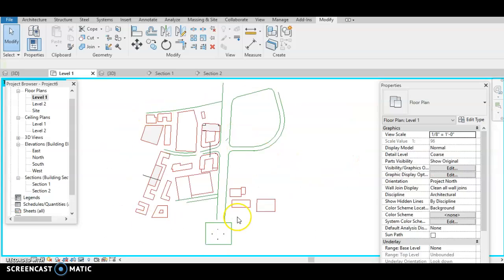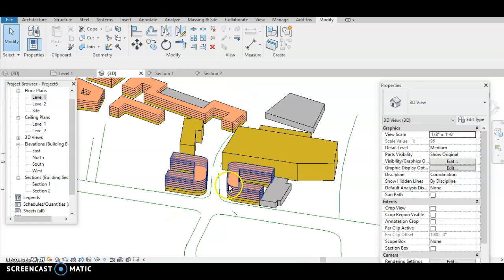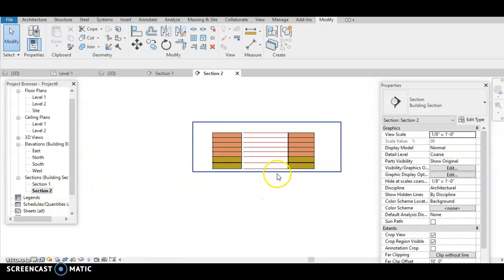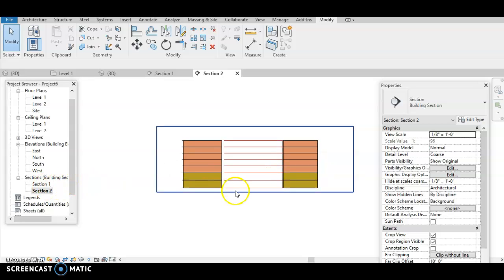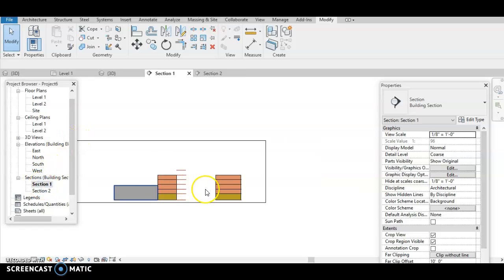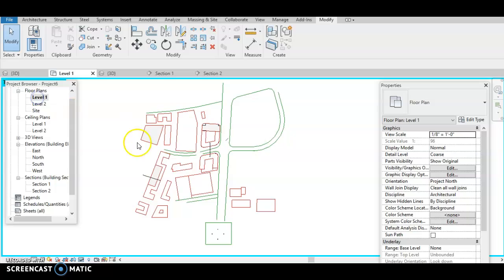So essentially you create a series of spaces, volumes with negative spaces. Let's take a look. So here you've got a building on this side, a building on this side. Right over here you have an actual volume. That should be displayed in section 2. So between this building and that building, essentially you have this negative space, and I want you to analyze this negative space. Then I want you to look at section 1, and section 1 is right over here